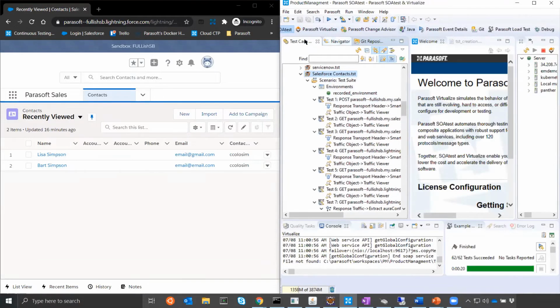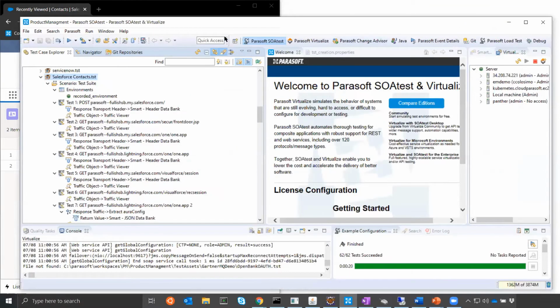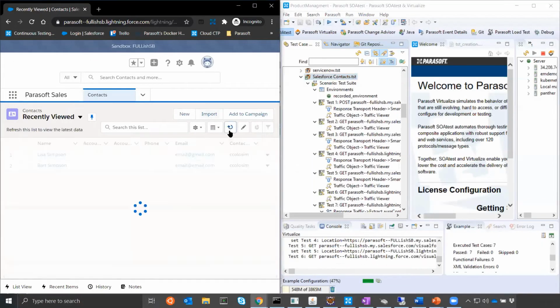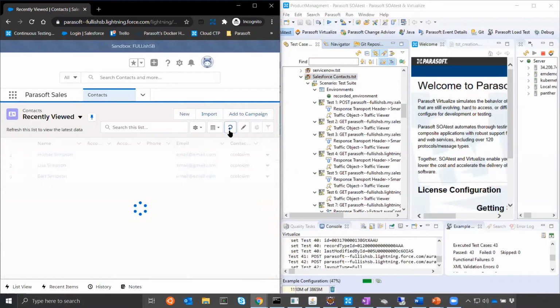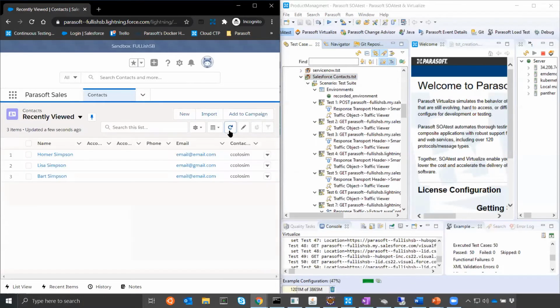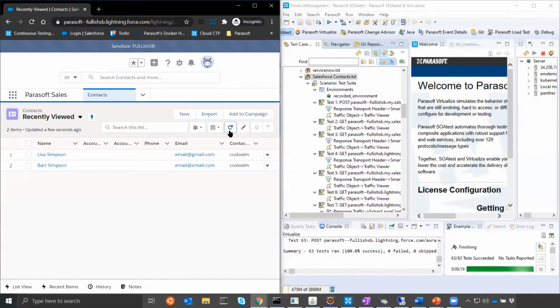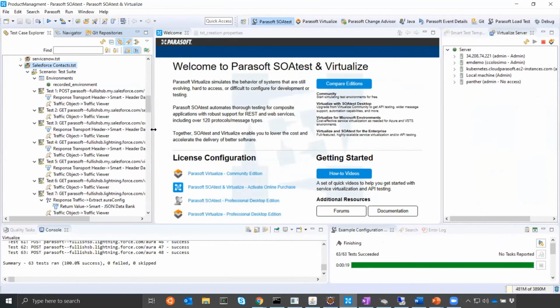We'll go ahead and, sorry, I got a bar in my way here. We'll hit play. And so what we should be seeing now is the exact same action that took place in the UI now being executed from the API perspective. You can actually see in the console all the posts, and look, Homer just showed up. Now we'll do some more posts and some more gets, and then we should delete Homer, and then there's our use case, okay? 63 APIs were just called, reproducing the exact use case that we had in the UI with